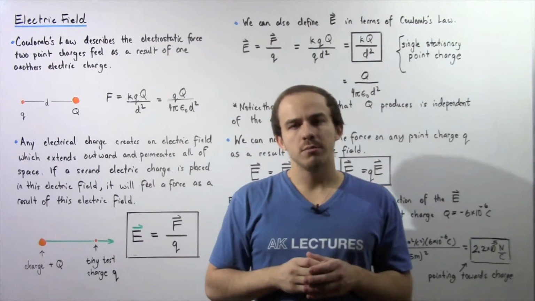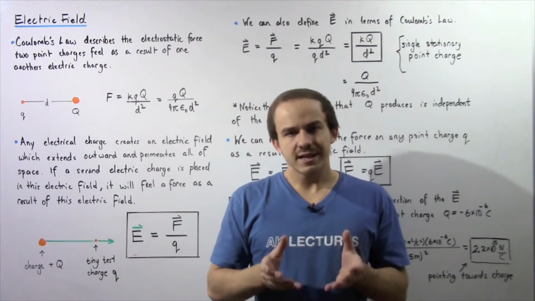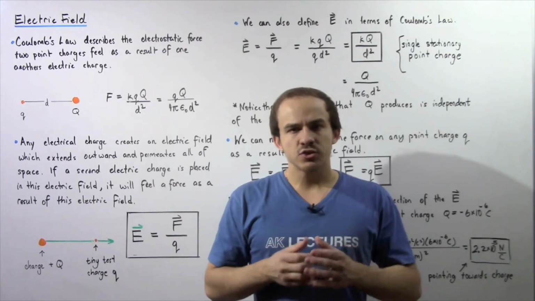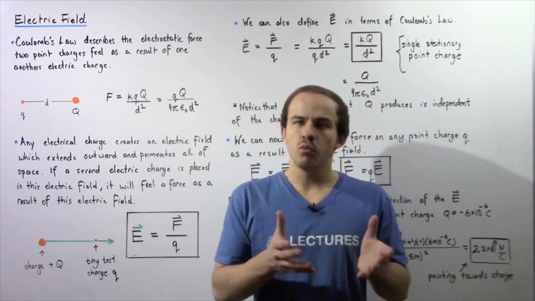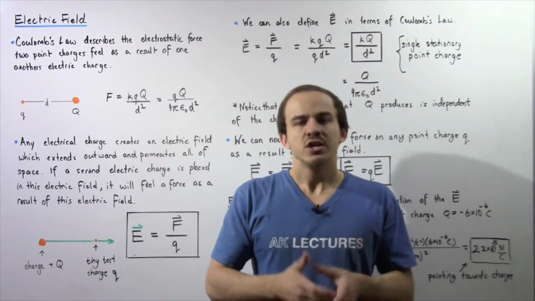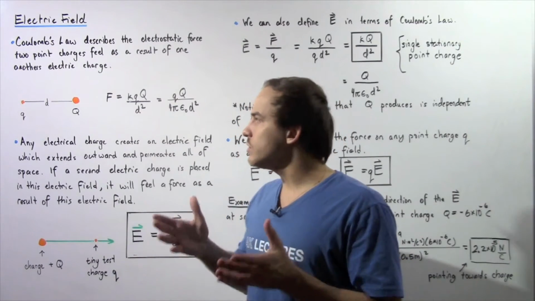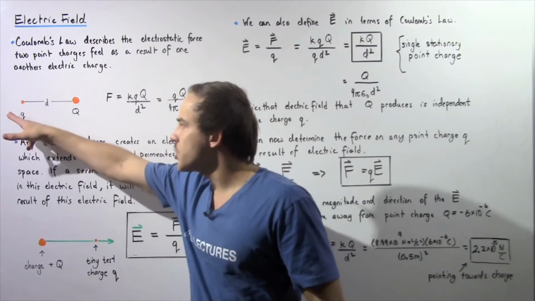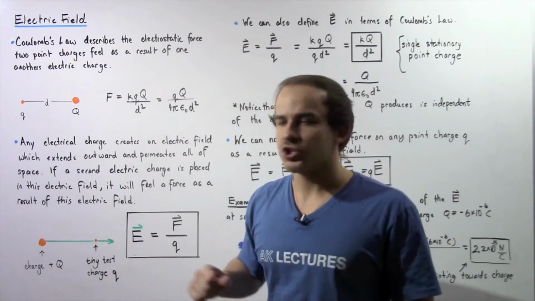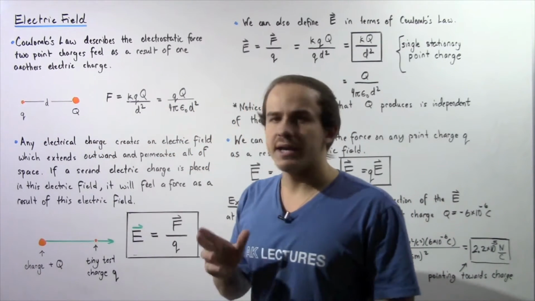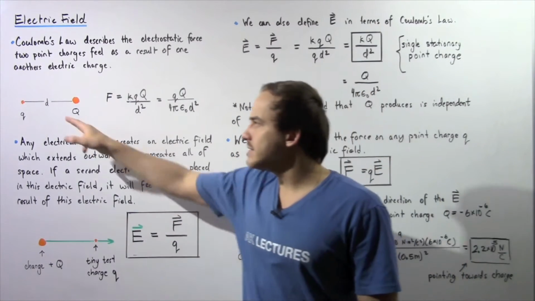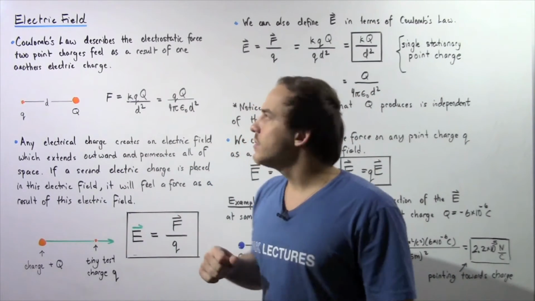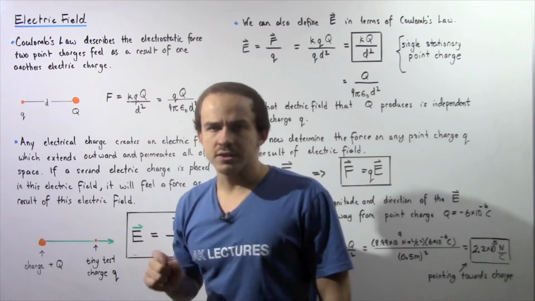Let's recall Coulomb's law. Coulomb's law essentially describes the electrostatic force that 2 point charges feel as a result of one another's electric charge. So let's suppose we have the following 2 stationary point charges, one given by lowercase q and a second one given by uppercase Q. If we know the distance between them is given by lowercase d, then we can use Coulomb's law to solve